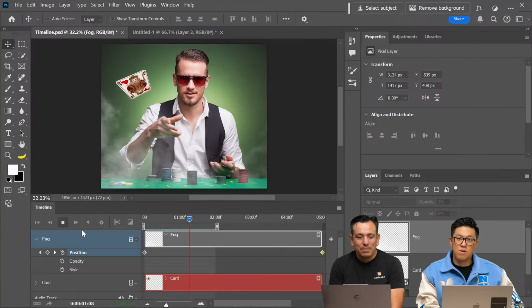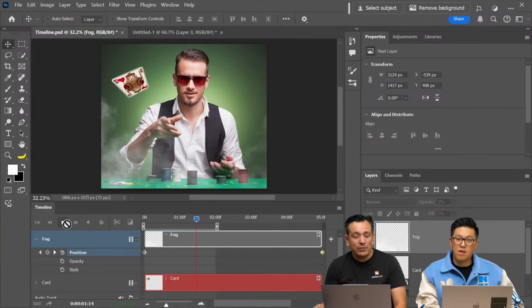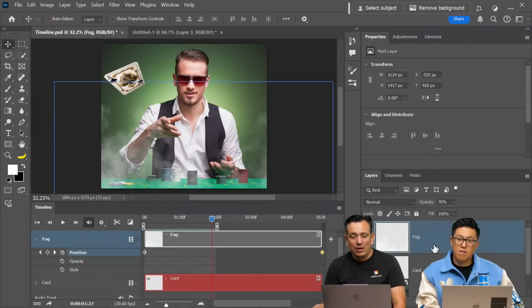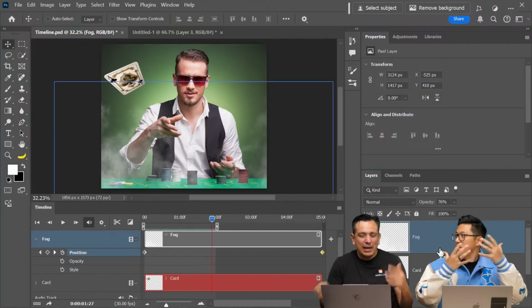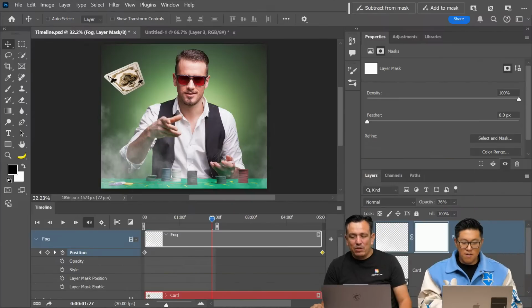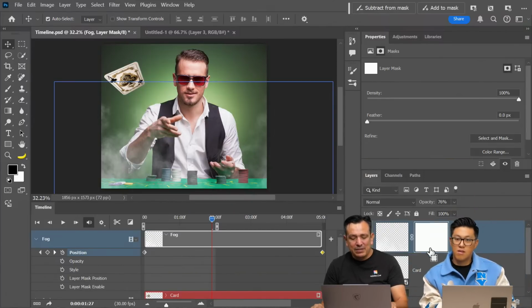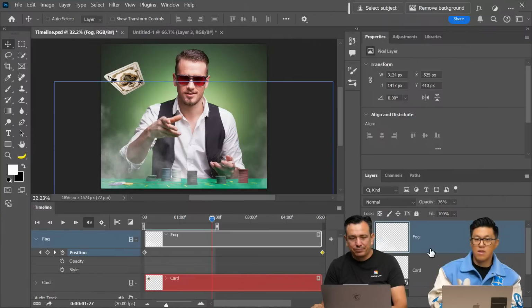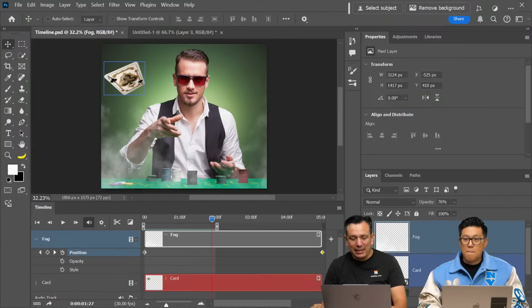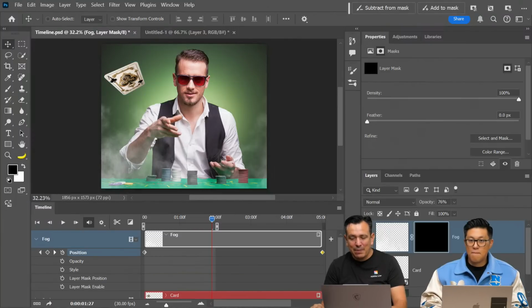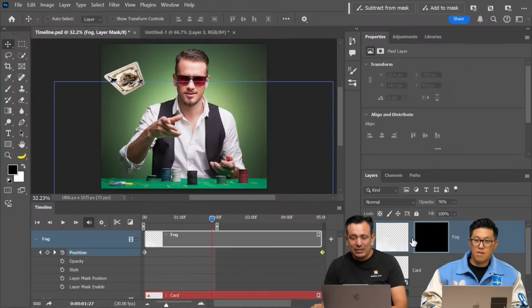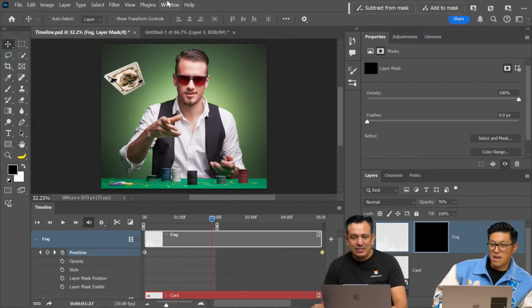Super cool. But at this point, it just literally looks like a layer moving from left to right. So how can we make this feel like it's got more... There's actually like going around. We can create a layer mask, but instead of just creating a layer mask, I'm going to create a black mask, Alt on Windows, Option on the Mac, and click, unlink it to the layer, and on this thumbnail,